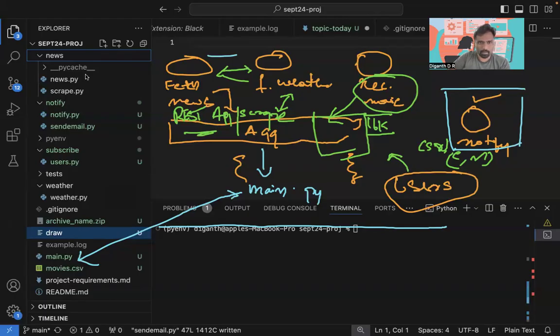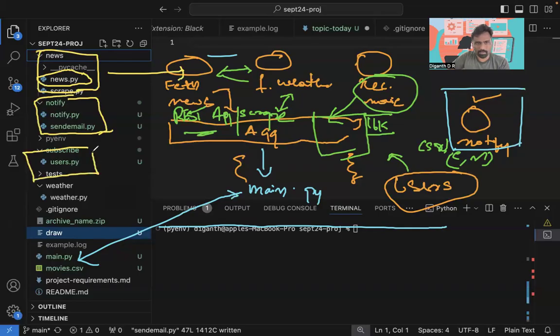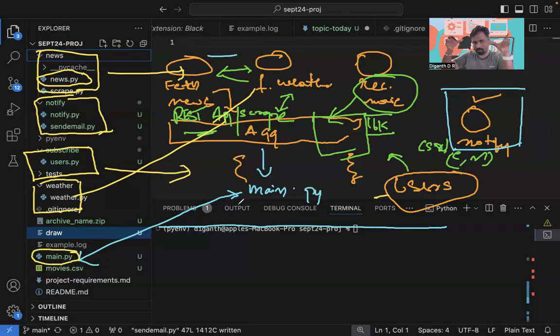This is our news module. And then notification, we're going to talk about it. And then we have subscription, which is like user data, which is here, and about whether it is the same method that we are using. So these are the boxes and this is the folder structure which we have created based on our brainstorming session. And this is just to create the flow, because you have the modules,